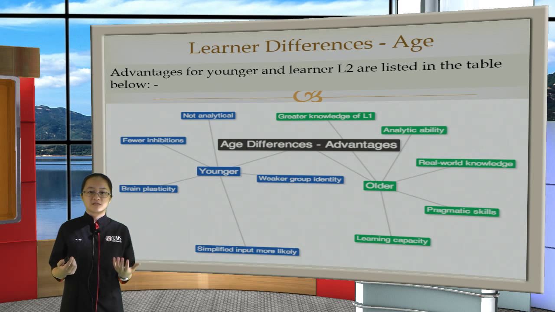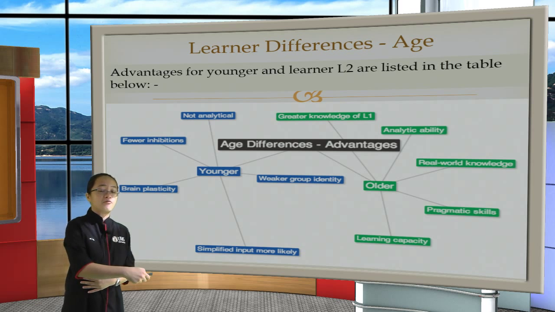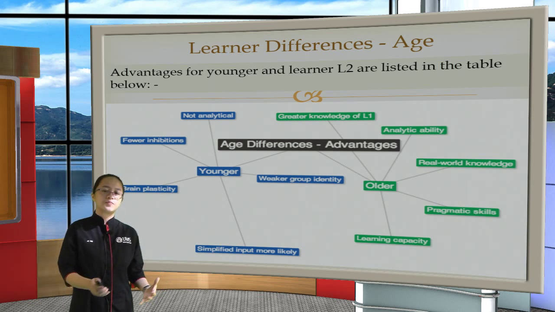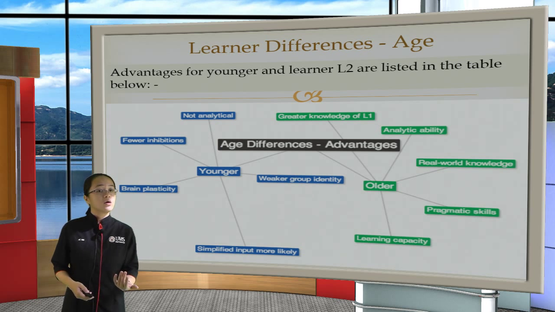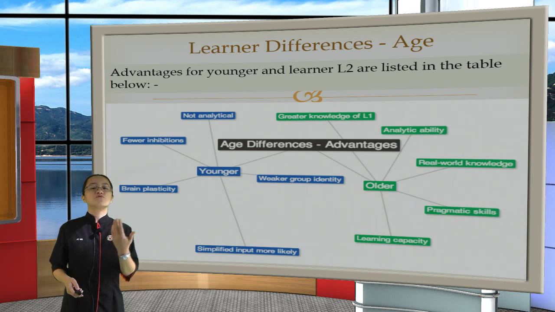Their brain has that plasticity. It's not so set in its ways. So when you're younger, your brain has that rate of absorption which is much more spongy compared to older learners. And then we have, of course, weaker group identities, where they do not feel that they need to identify with everyone, so they only need to learn how to speak in a certain way. So that's one way of encouraging them to actually speak, to learn the language.